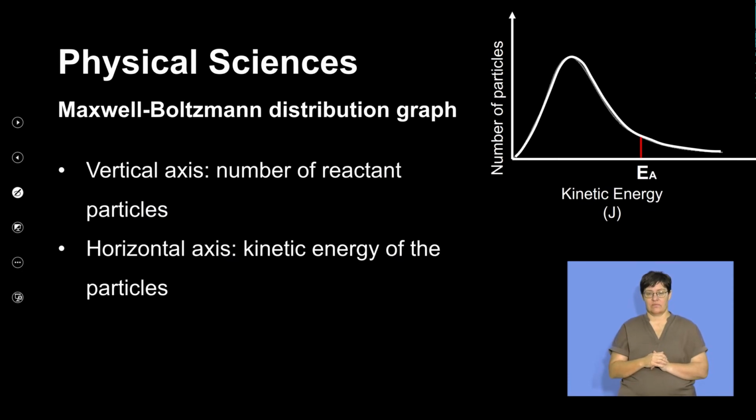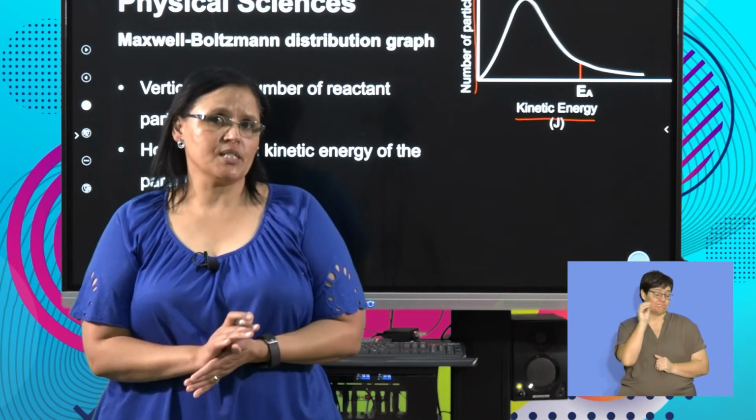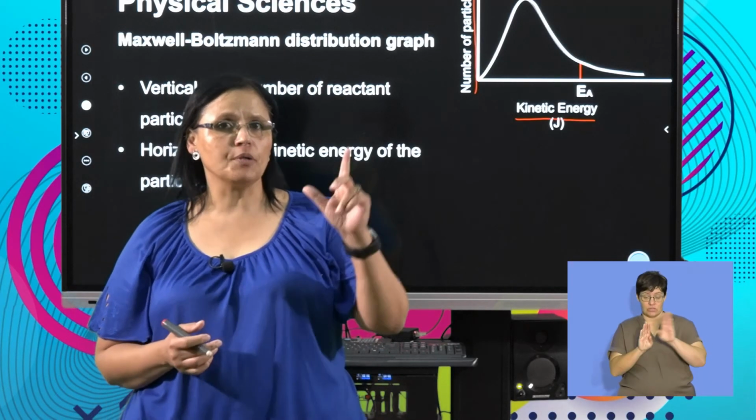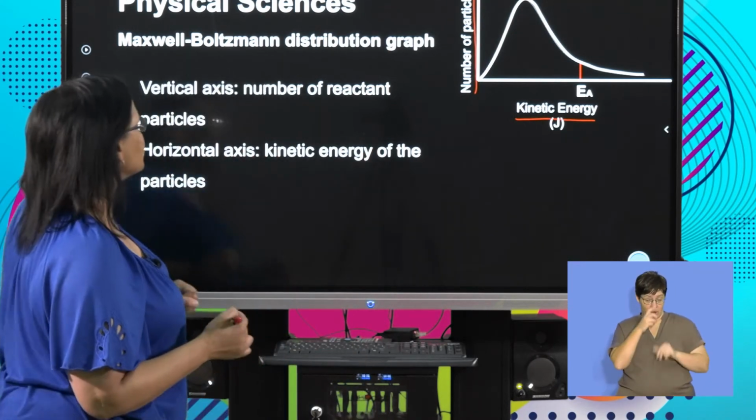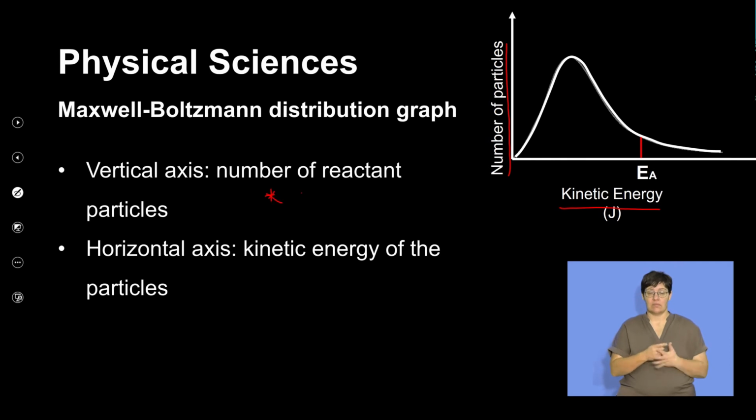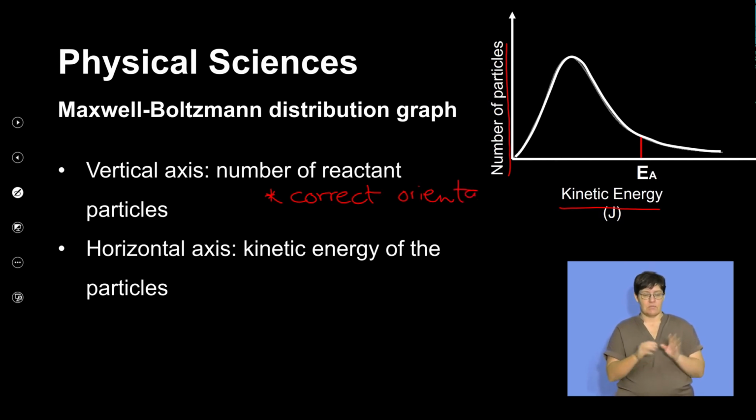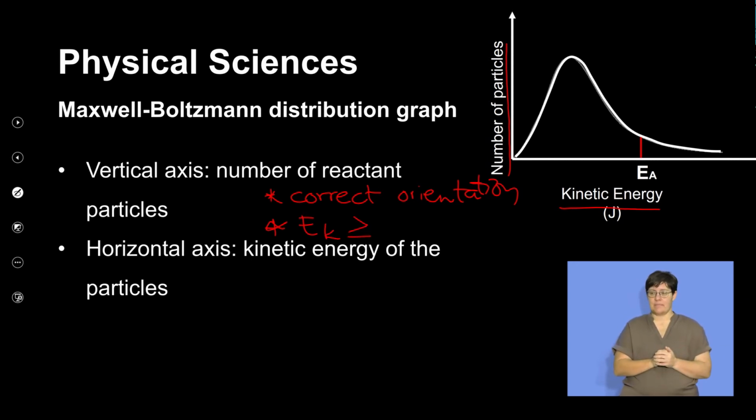When we look at the curve, and this is a normal distribution under normal circumstances, on our vertical axis we have our number of particles, and on the x-axis, the horizontal axis, we have the kinetic energy measured in joules. Now, remember what we said, for an effective collision there need to be two requirements met. There must be a correct orientation, and except for the correct orientation, our kinetic energy must be equal to or bigger than our